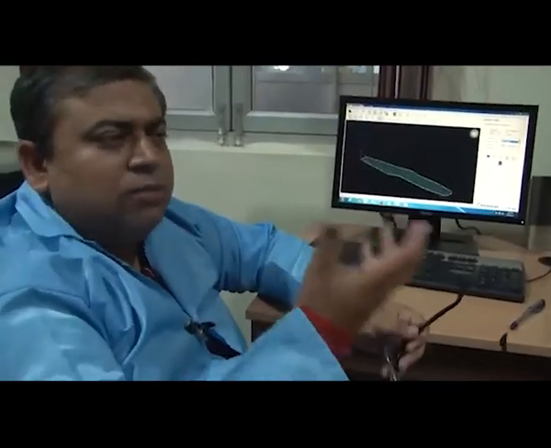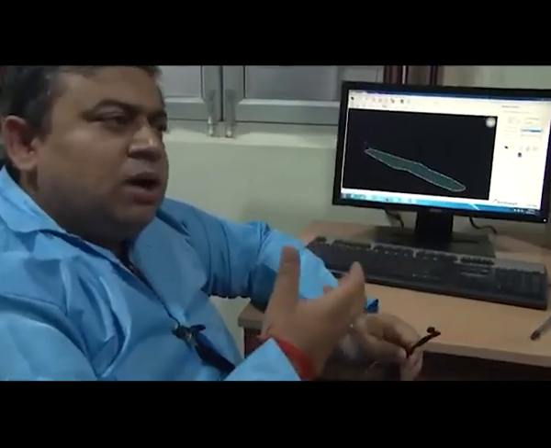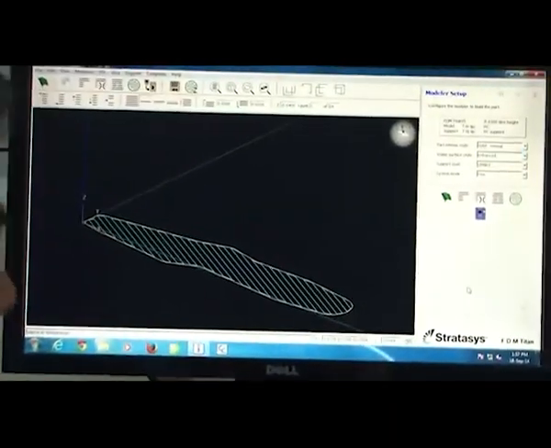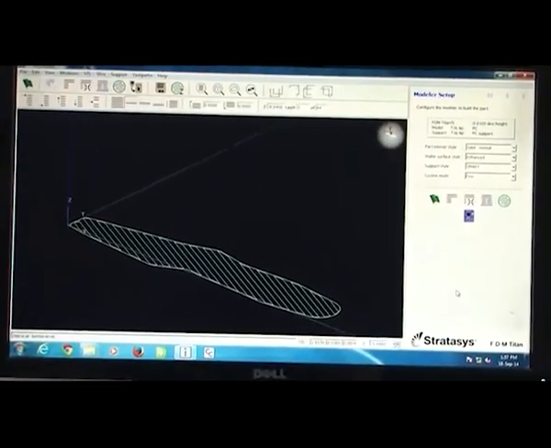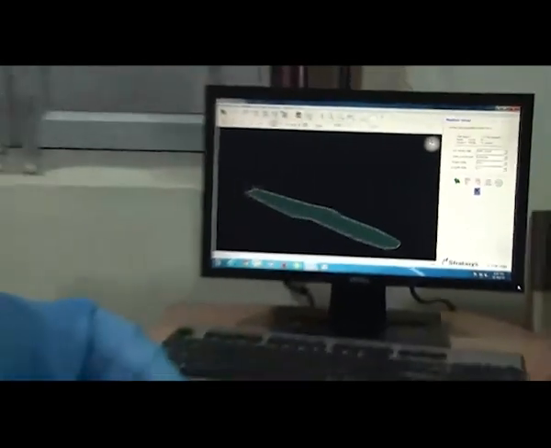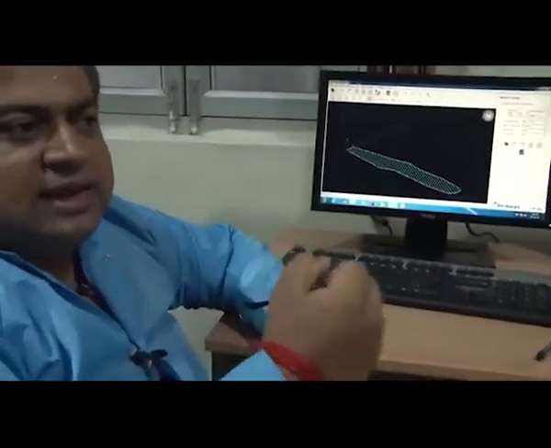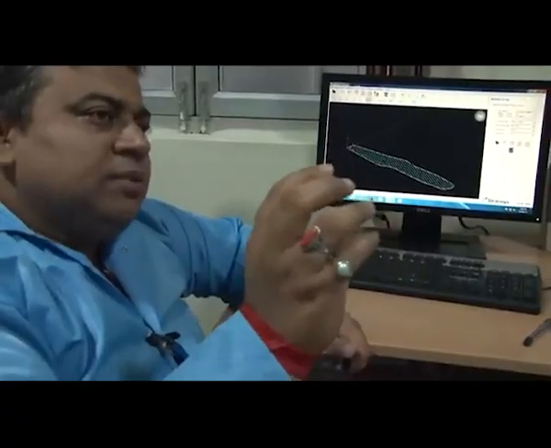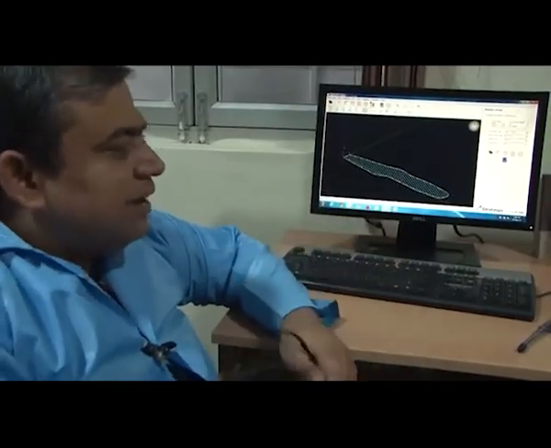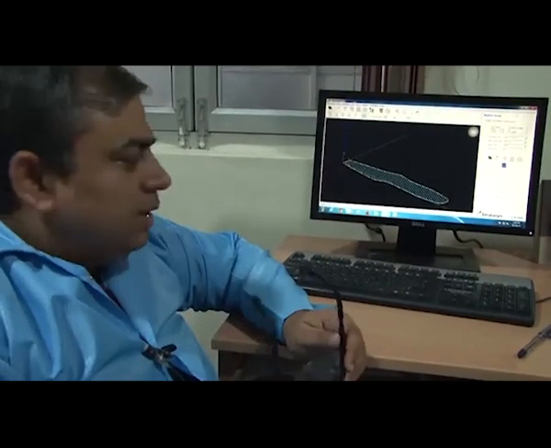Here in this case, we wanted the whole model to be made out of a solid block with uniform strength all through, so we have chosen the solid normal. We also talk about the visible surface style and also the finesse with which the machine would deposit, and also give a support style which would save off the material. Remember, we did the smart style in this case, which would allow the material to be minimalistic for doing the supporting action of the component. So once all these things are defined, we then try to